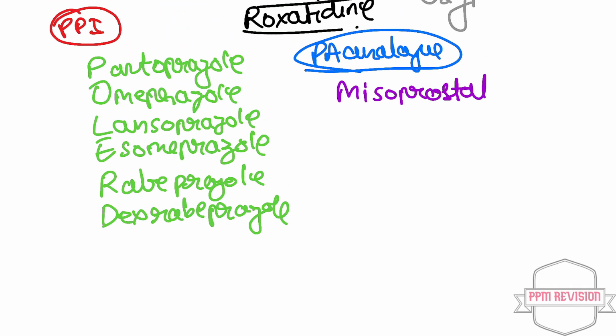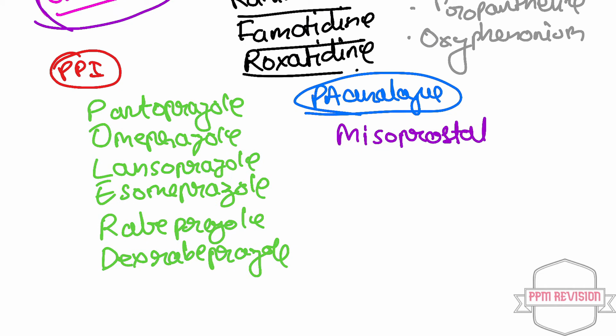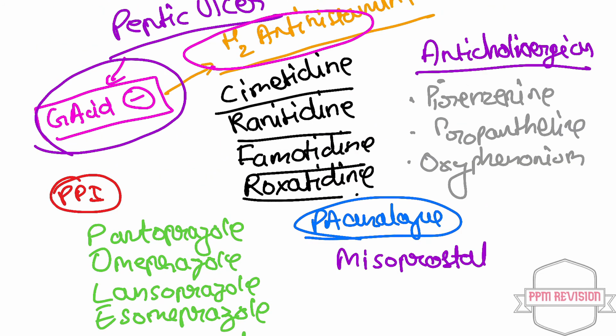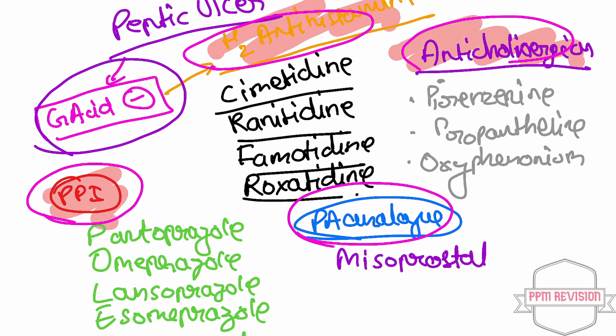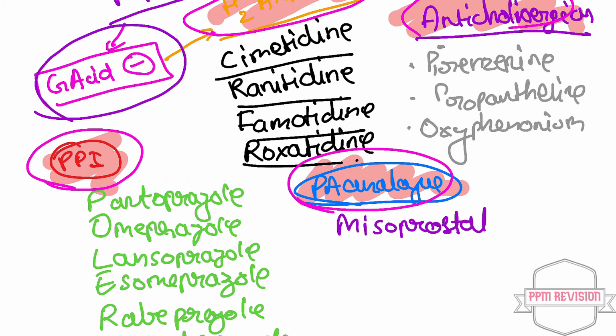So there are 4 categories only under this. Just to recap, H2 antihistaminics, anticholinergics, PPI, and PG analogs. Let me just highlight that for you. There is PPI, H2 antihistaminics, anticholinergics, and then there is the prostaglandin analogs. Okay, it's PG,